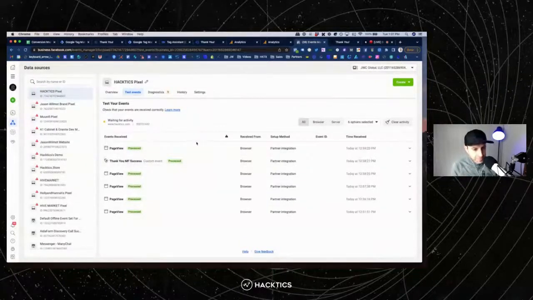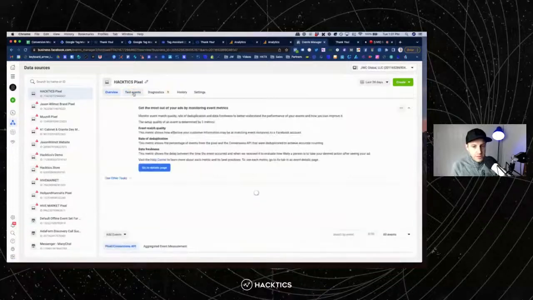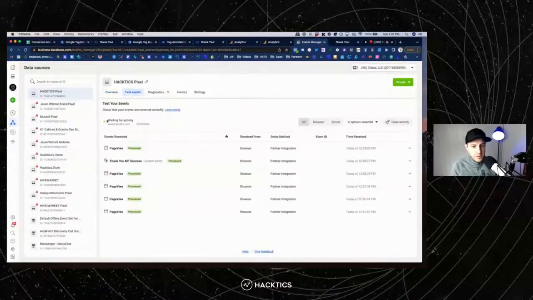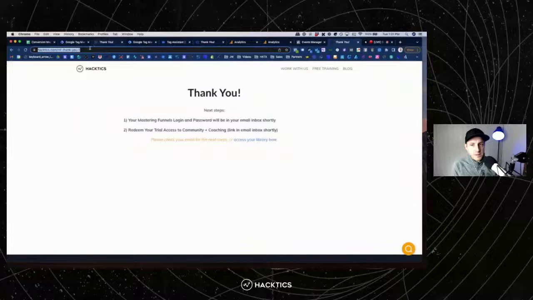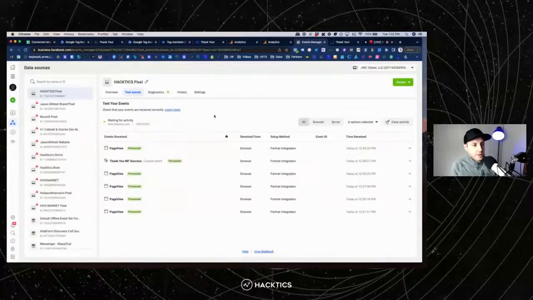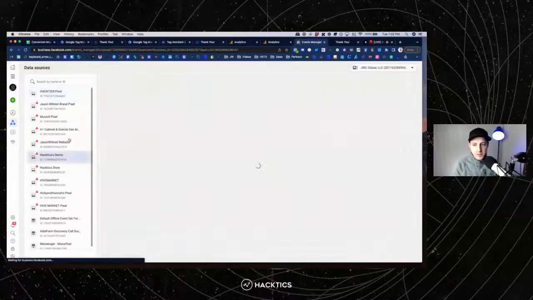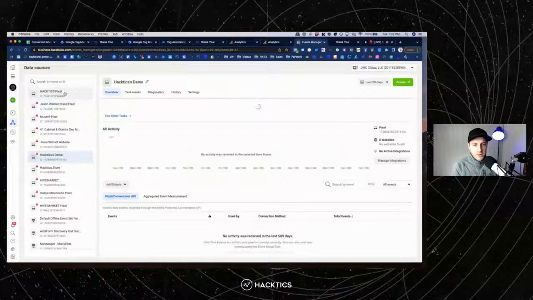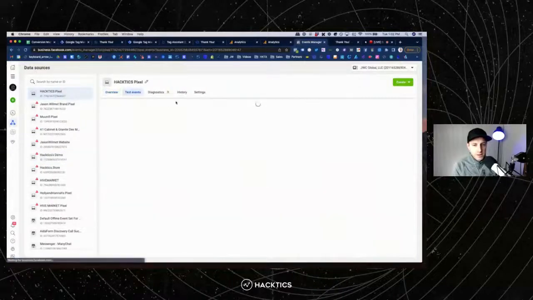Let's see, overview, test events, waiting for activity. I don't know why I can't get into this to test it. Typically what we can do is this will open up a little bit of a spot where we can throw our URL in. Let's just see if I go into my demo account. I go back to this account. If I can go to test events,